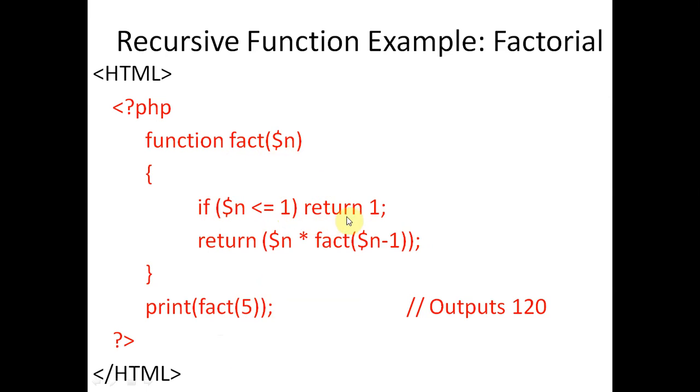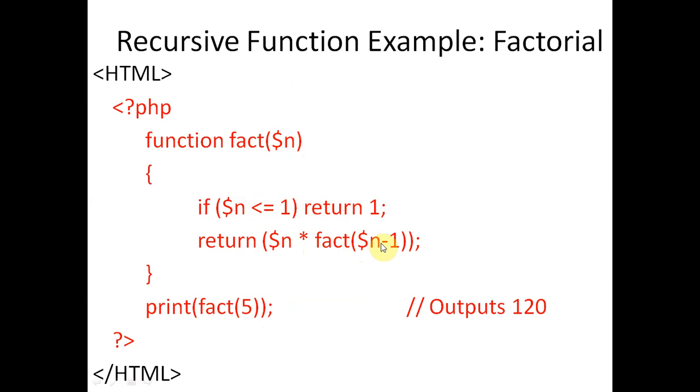If it is less than 1, then it will return 1. So in case we pass 1, the factorial of 1 will be 1. But if it is not less than 1, then we come to this other statement, the return statement, and here we have mentioned n into factorial n minus 1. So that means 4 into factorial. Suppose the first value is 5, so we have passed 5 here. 5 is not less than 1, so we will come here.